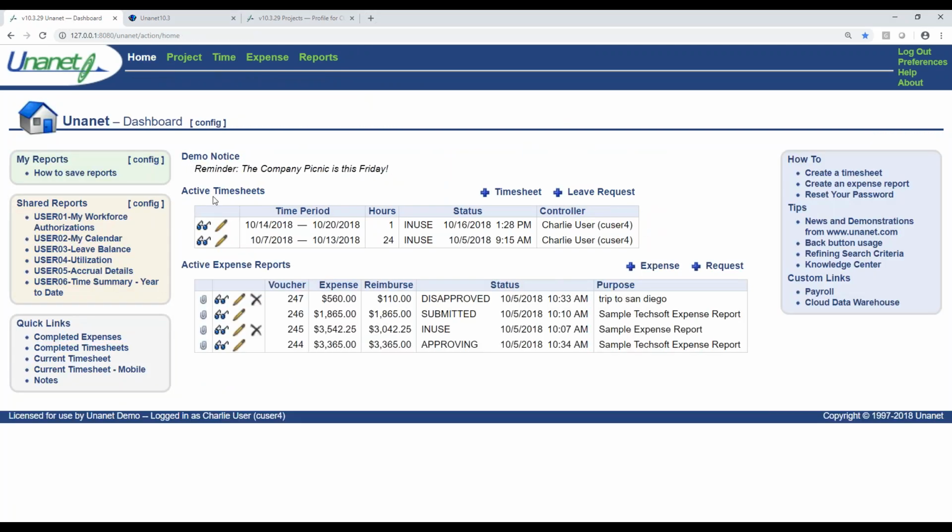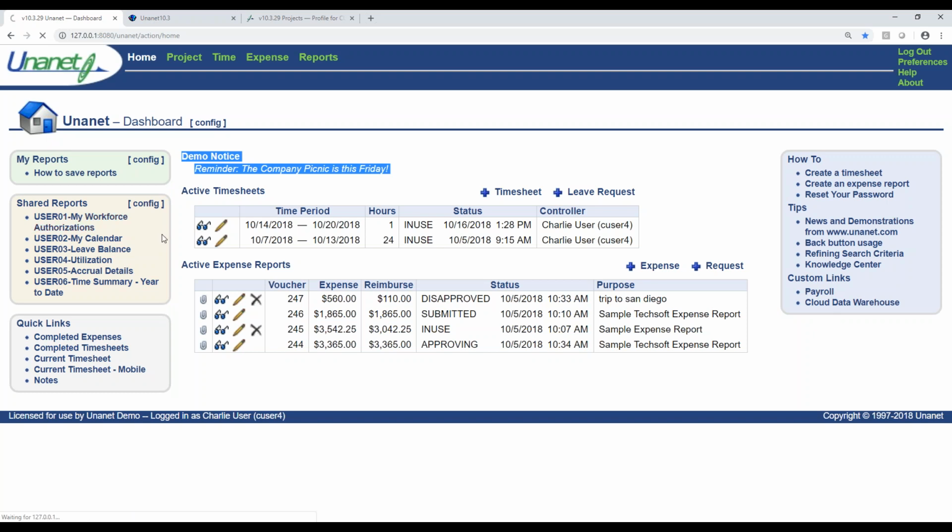Some of the other end user reports, we do have the concept of a leave request. So if you'd like to have people submit a leave request, and this is especially important over the summer months and end of year holidays that are important to so many people, this way they can submit that leave request and you can see the forecasted leave and make sure that you can plan accordingly and you have sufficient coverage for some of your customer projects. You can have custom messages both on your Unanet home screen and also on your timesheet. You can have custom links right here to your payroll provider, to your SharePoint site, to your fantasy football site for your company, whatever it is that you'd like, you could do that here.